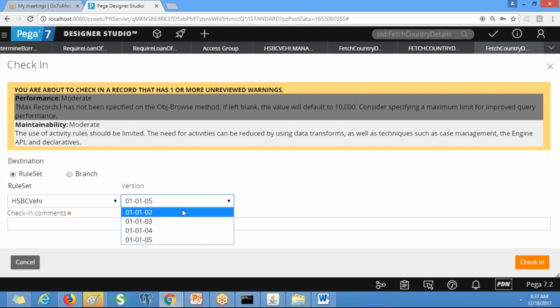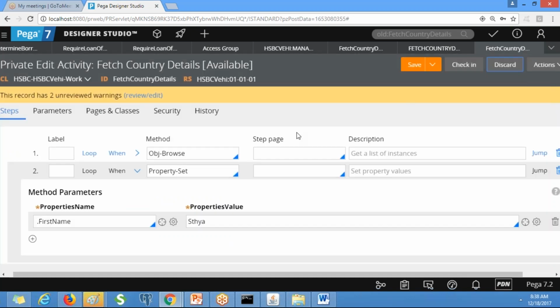That means we cannot check in the rule into that version. We can do the changes temporarily. We can check this functionality, discard the changes, and save as this rule into the highest rule set version and do the necessary changes.